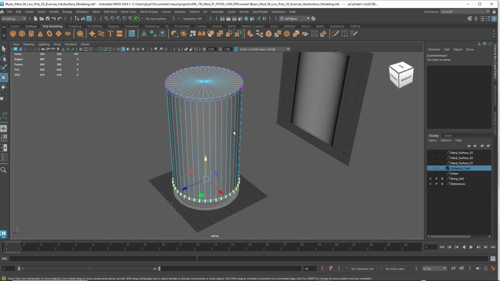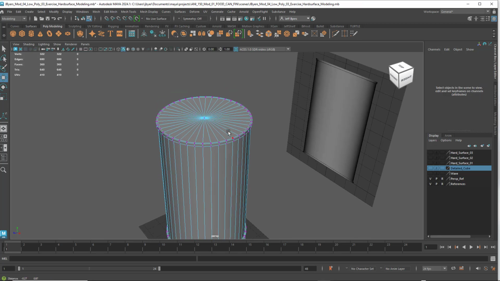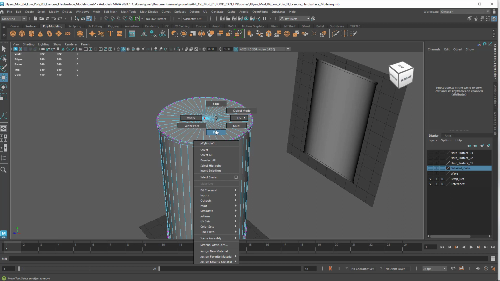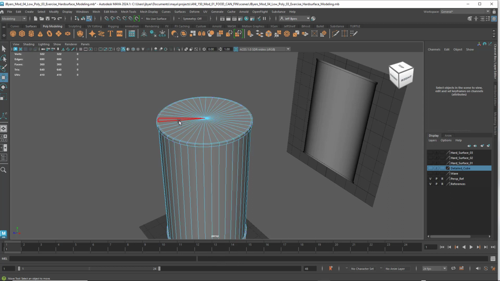The next thing we're going to do is make that lip on the top and push this down. Okay, so I'm going to go to face mode. And we're at 360 polygons, which is not bad for low poly. What we're going to do is marquee select with the paint selection tool, and just select the very top